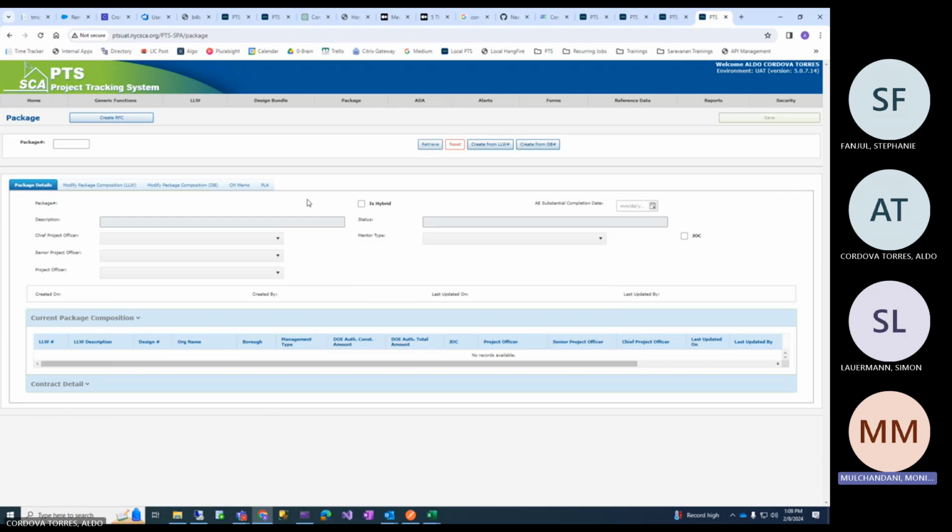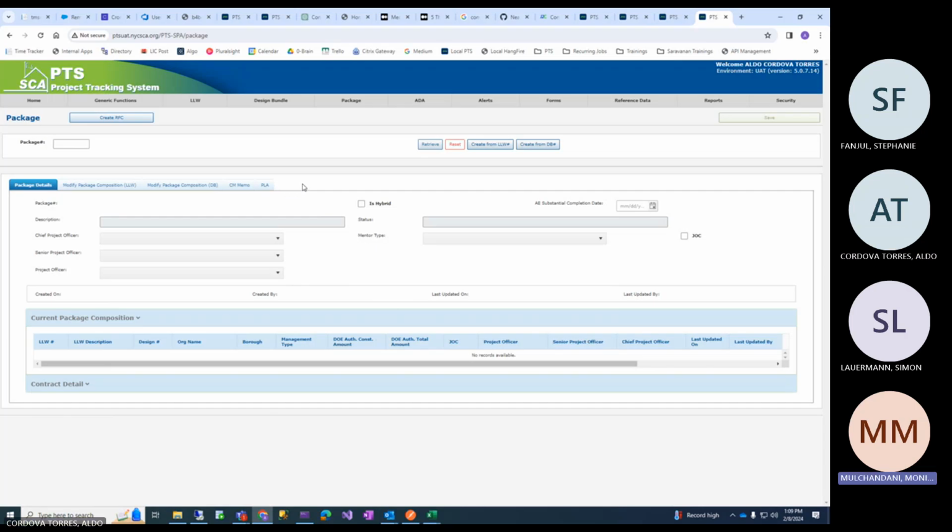So when they come and they package, say they packaged two LLWs, L1 and L2. And L1, they had entered the project officer as Aldo, and L2, they entered it as me. When they come here and they create the package and they put Stephanie's name as the PO, for L1 and L2, both would get updated with Stephanie's name. So it syncs when it comes to package level; that's the latest. It updates LLW level internally via the trigger. So this is an attribute which is available at two levels. And once it's packaged, that takes over and controls the value it holds.